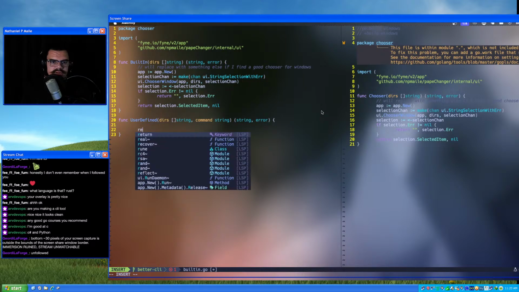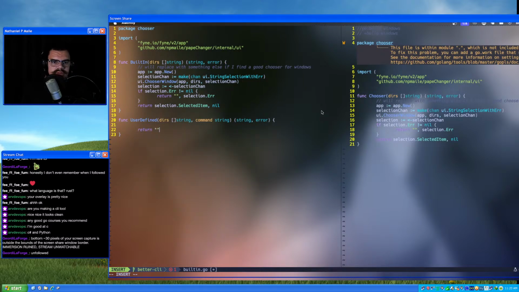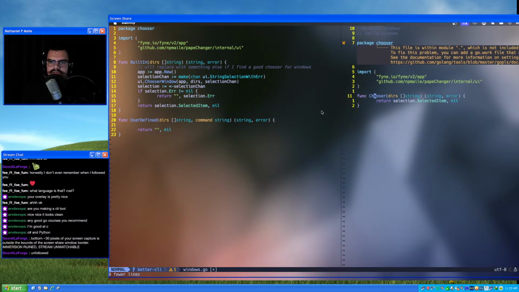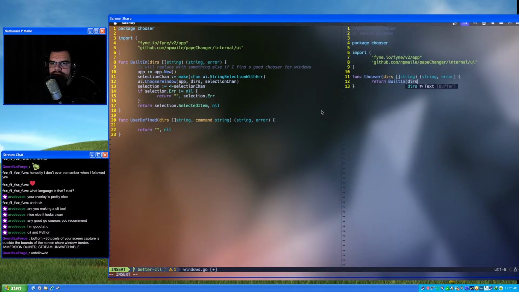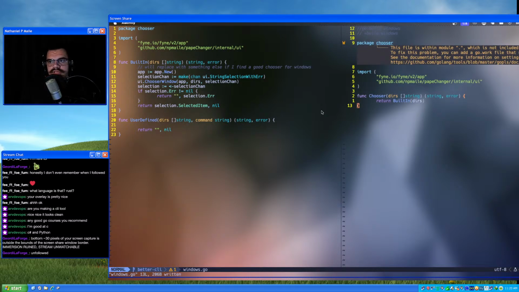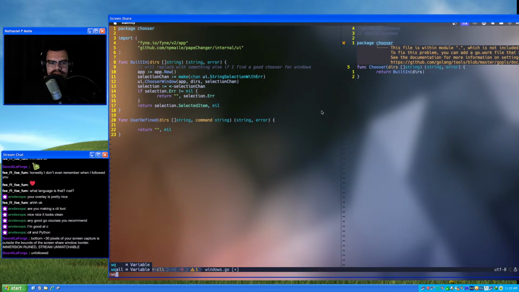So for now, what we'll do real quick is we'll just return built-in DIRs. So that's real easy, and it requires no imports.